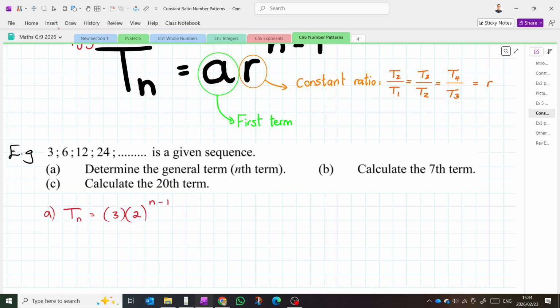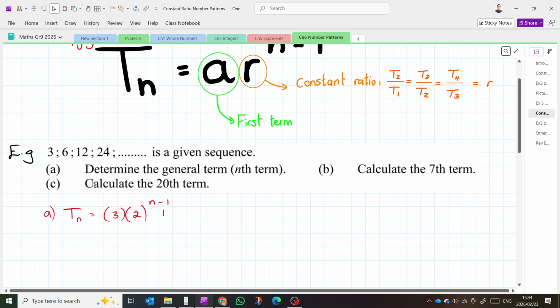Please do not go and multiply the 3 and the 2 or anything like that. Think of your exponential laws. They are not the same base, so we can't multiply them. Okay. Now with that out the way,